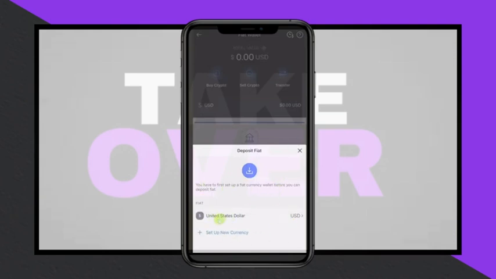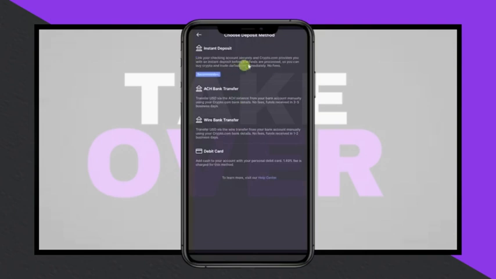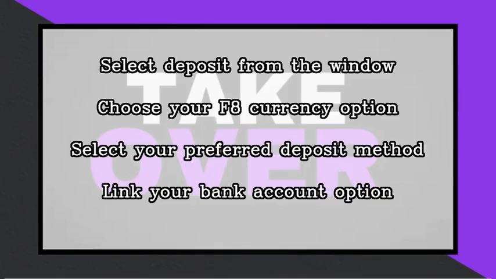A pop-up menu will appear, allowing you to select your F8 currency. You can either choose your default currency or set up a new one. The app will then show you the available deposit methods, and you can select your preferred method, such as instant